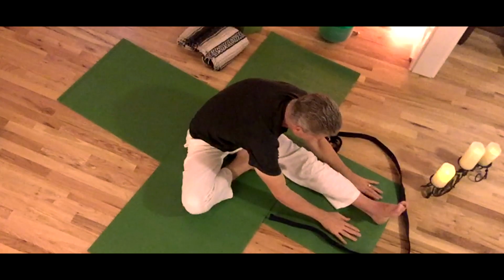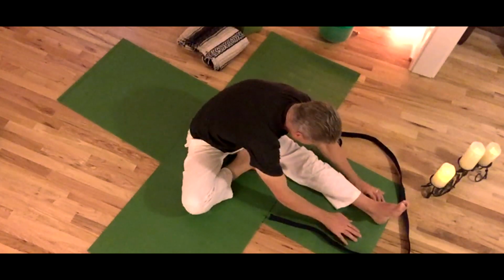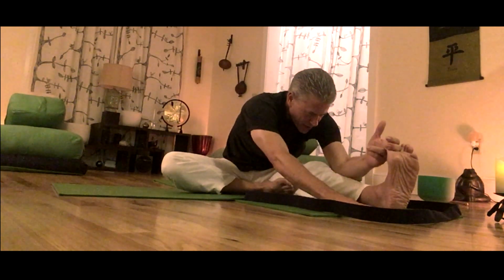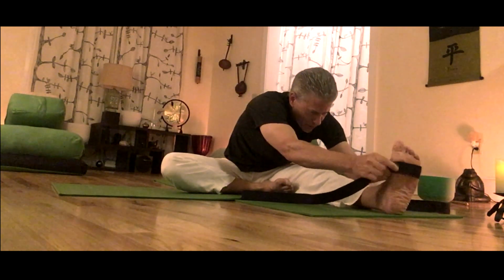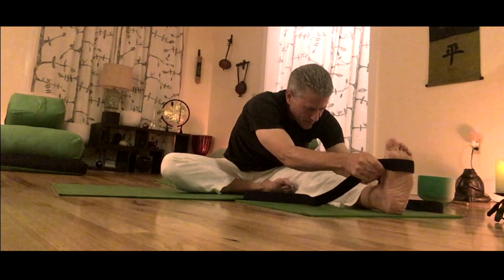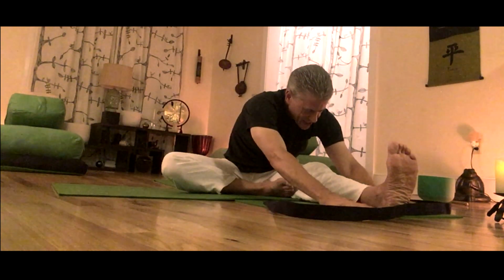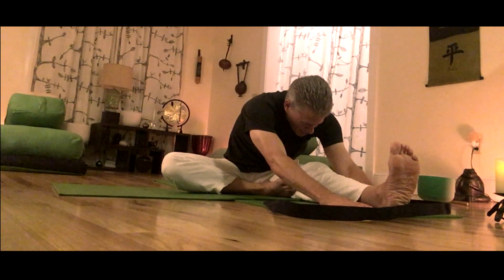And we could stay right here with the gaze down, breathing. Some people might want to take a bind where you take that peace finger around the toe here maybe. Some people like that strap around the ball of the foot. But it's just nice to relax into it, and we can start to make our asana practice a little bit